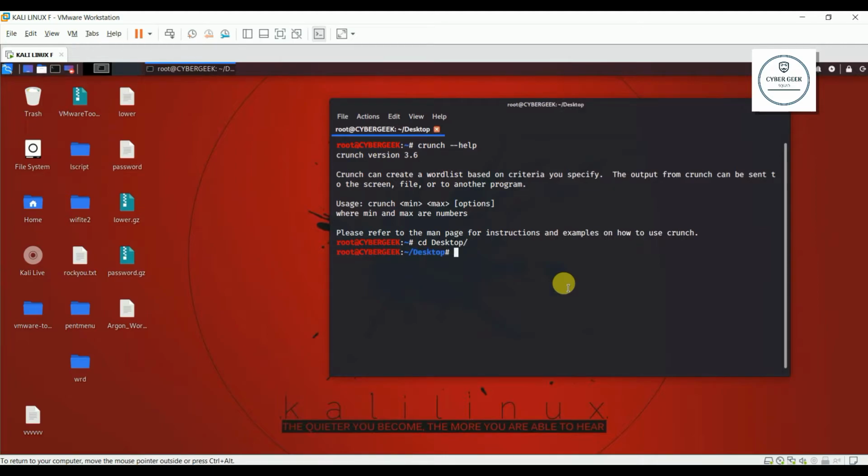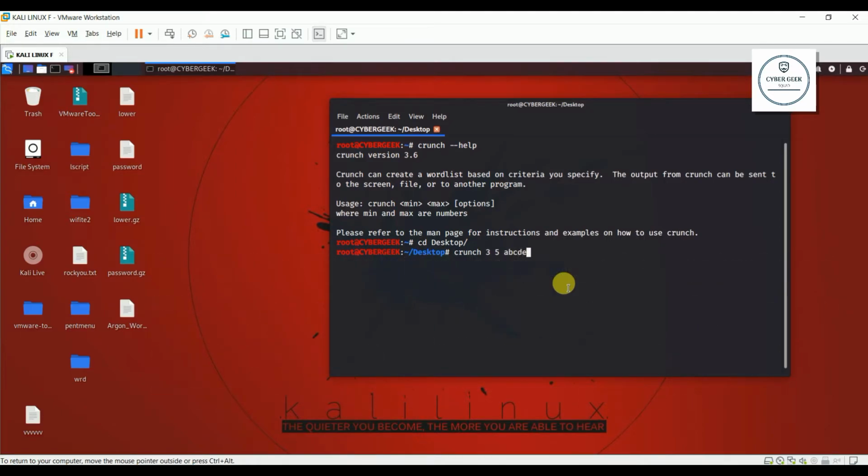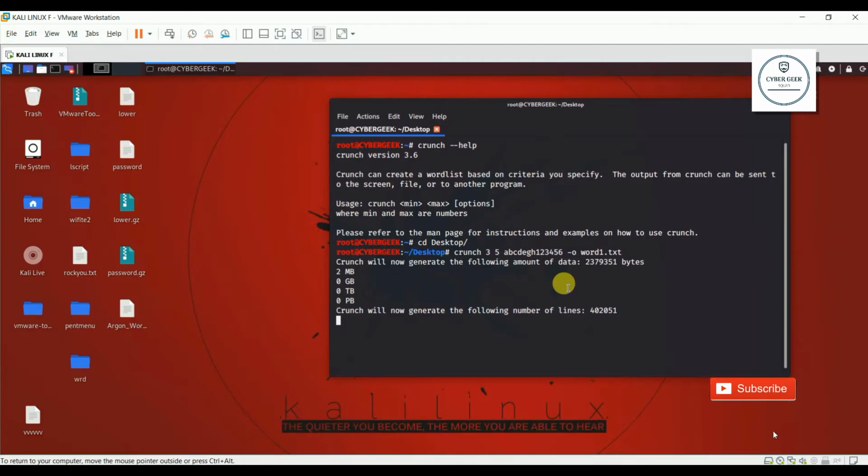Okay, no need to worry, you just type crunch 3 5 A B C D E F G H 1 2 3 4 5 6. Then -o is your output, and now your file name, which I'm going to type as word1.txt. You can give either txt or lst as the extension, and you hit enter.